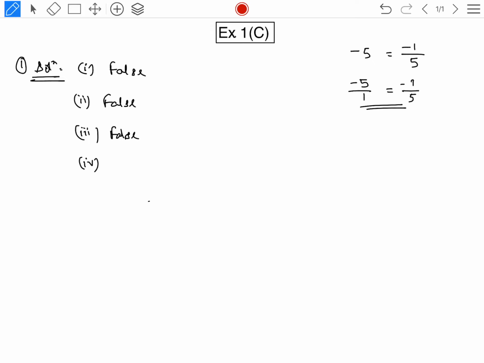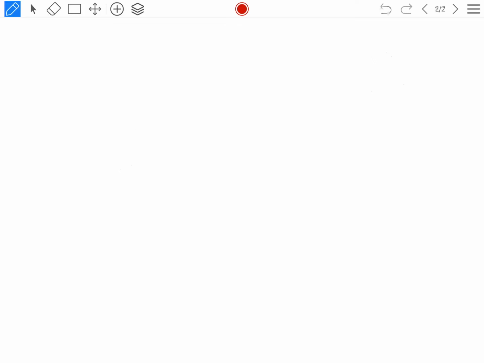Then number 4, 3 by 4 divided by minus 8 by 7 is a rational number. It is true, because when two rational numbers are divided, the answer we find is another rational number. Then 0 into 4 by 5 is equal to 4 by 5 into 0 implies that 0 is the multiplicative identity. No, it is false. Only 1 is the multiplicative identity. 0 is not the multiplicative identity. Understood? So first question you have understood. You will be noting down these answers in your copies. Okay, don't forget.